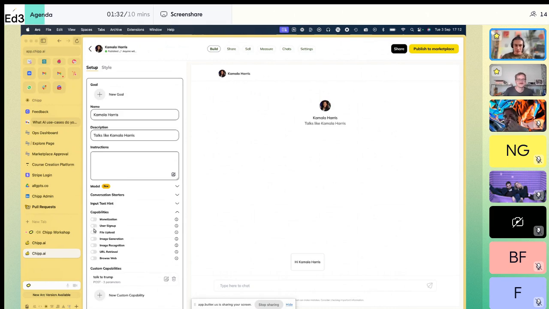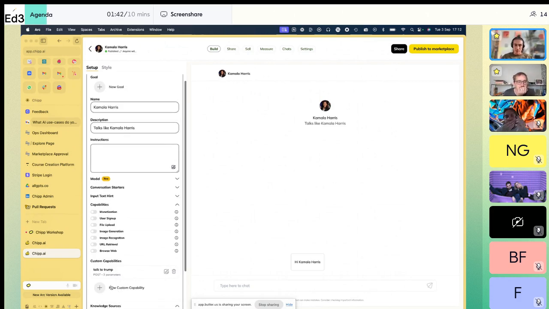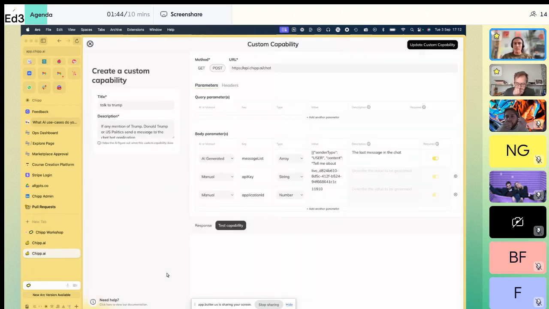And you can see all of our old capabilities that we do out of the box, like browsing the web, image recognition, all that good stuff. But now we're giving you the ability to add your own. I've pre-configured a new capability, but if you want to add your own, you can click the new custom capability. And inside, I have to set up a POST request to the Chip API, which is at